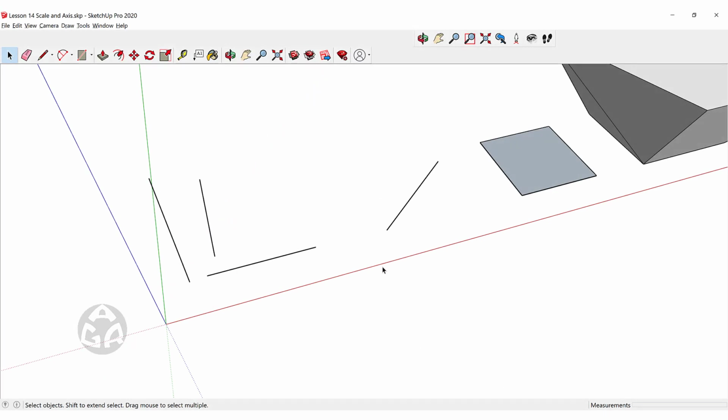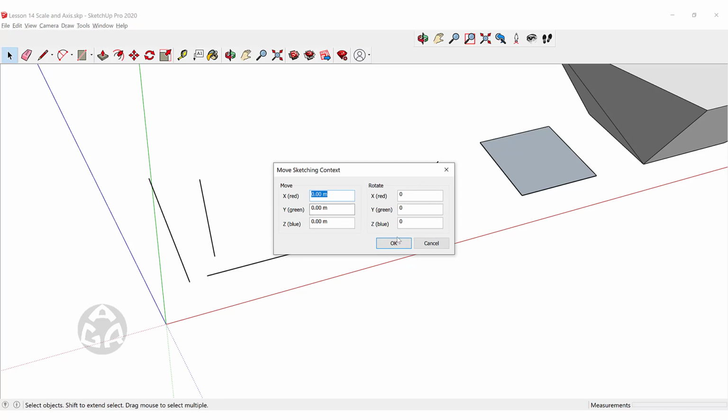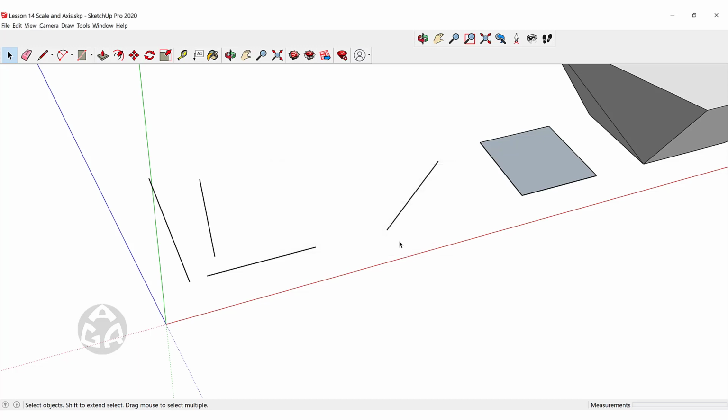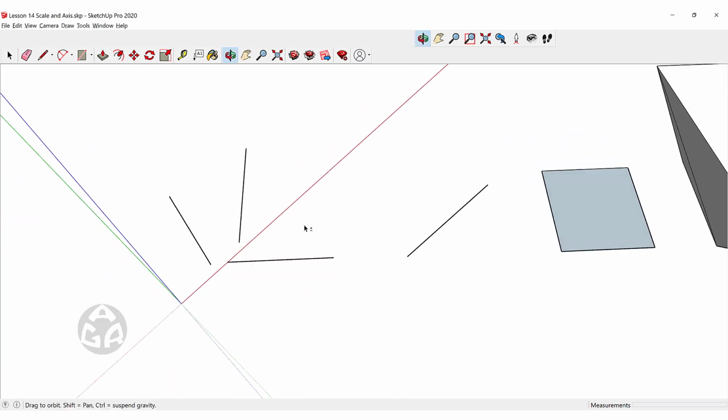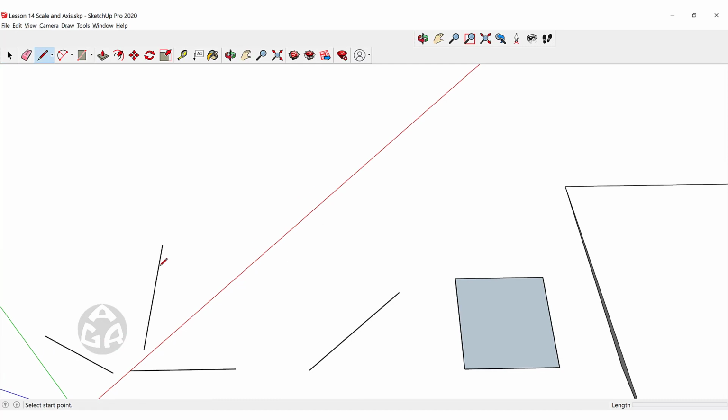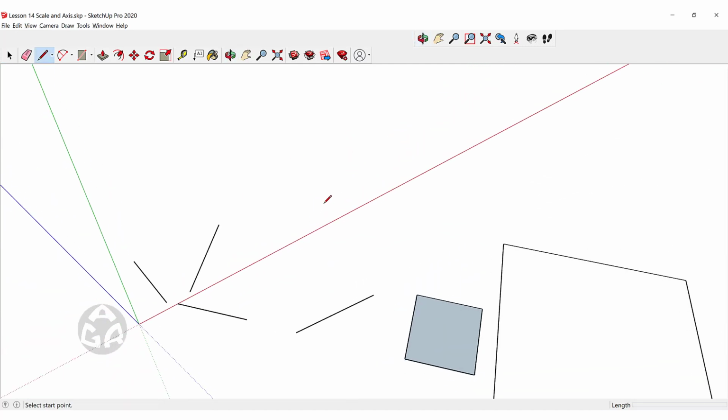So why should we change the direction of these axes? For example, I will click on this move and then change the value of the Z to 45 degrees and hit OK. And now we can draw lines according to these axes. For example, we can draw a line for about 5 meters over here, and then 6 over here, and then hold shift in the red direction, and then click on this point,